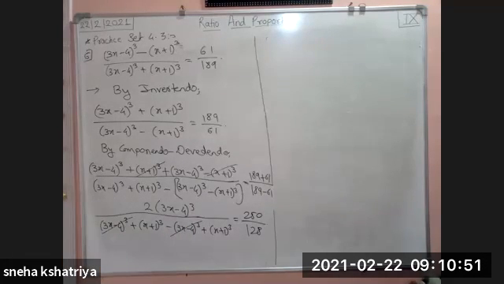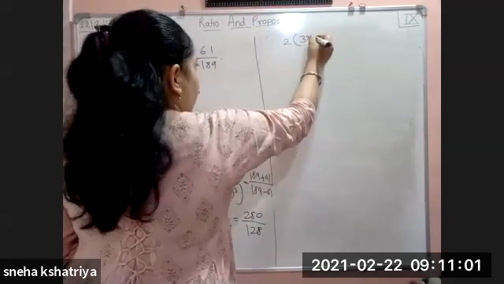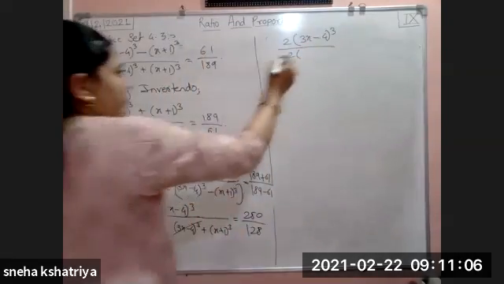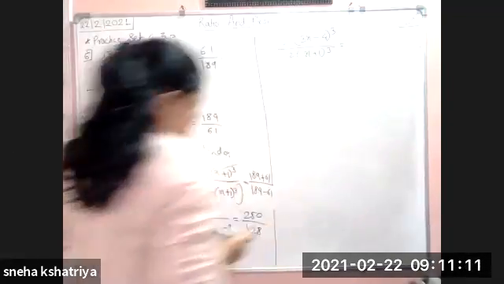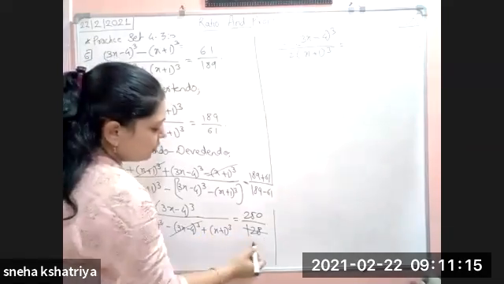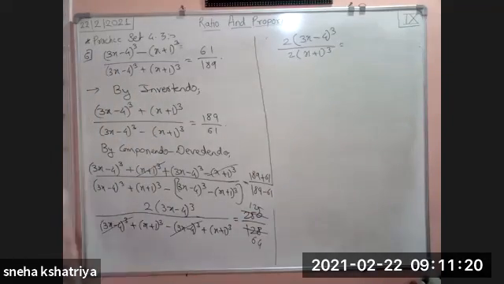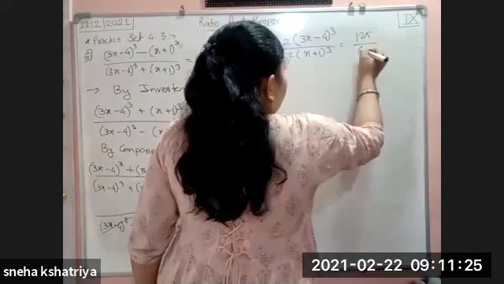Now at denominator again, see here, this is minus and this is plus. Same terms, plus and minus get cancelled. Here again 2 times (x plus 1) bracket cube remains. So we have here 2 into (3x minus 4) bracket cube divided by 2 into (x plus 1) bracket cube, which is equal to this 250 upon 128, can be reduced by 2. After reducing by 2, it becomes 125 and 64. So right hand side it will become 125 divided by 64.